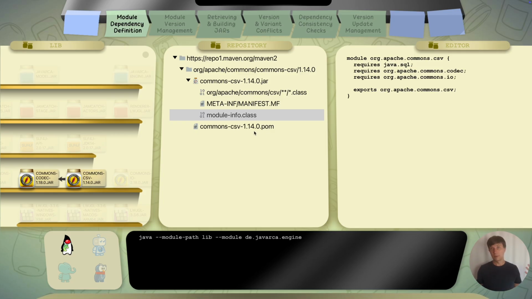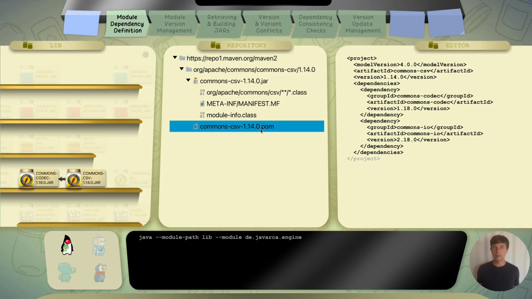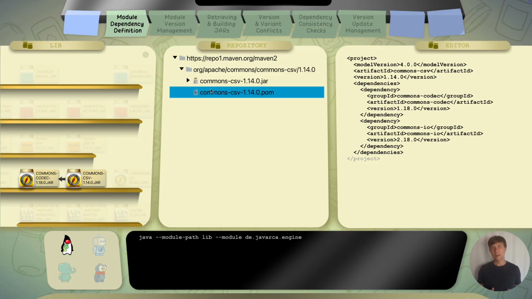If the module info class file is not available, which is still the case for many Java libraries that are not fully compatible with the module system yet, your build tool, Gradle or Maven, still would like to know the dependencies. That is why, years before the Java module system was invented, Maven defined a format together with the Maven build tool and the Maven repository format for metadata that can carry such dependency information.